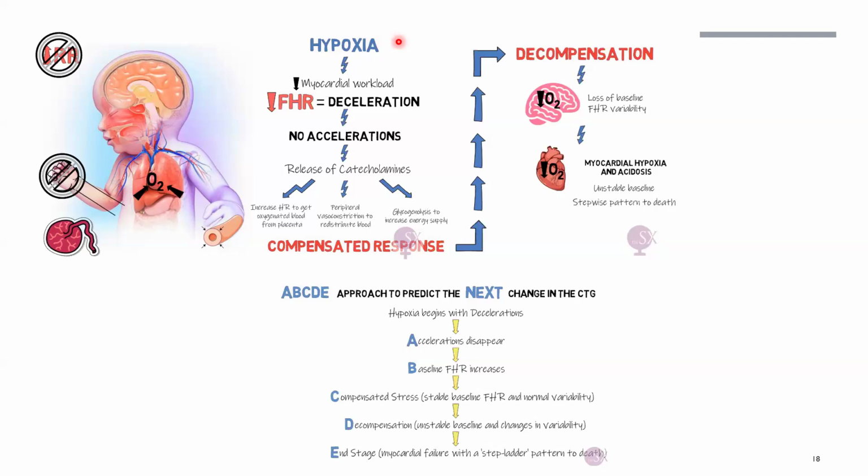If this still isn't working, as the hypoxia is progressing, what happens as a result? The fetus starts to release catecholamines. What is the role of these catecholamines? They help to increase the heart rate so that you can get more oxygen from the placenta to the fetus. Other than that, it also does peripheral vasoconstriction. So what does this do? This diverts the oxygen to the vital organs. And lastly, it breaks down the glycogen to glucose. In all these scenarios, if they continue to do this, at some